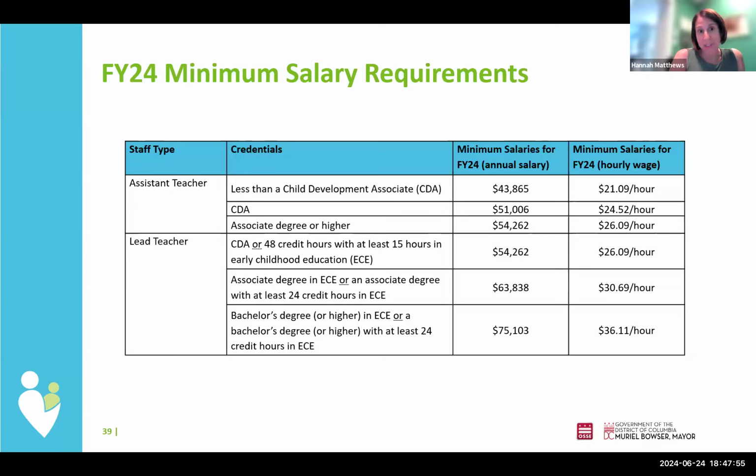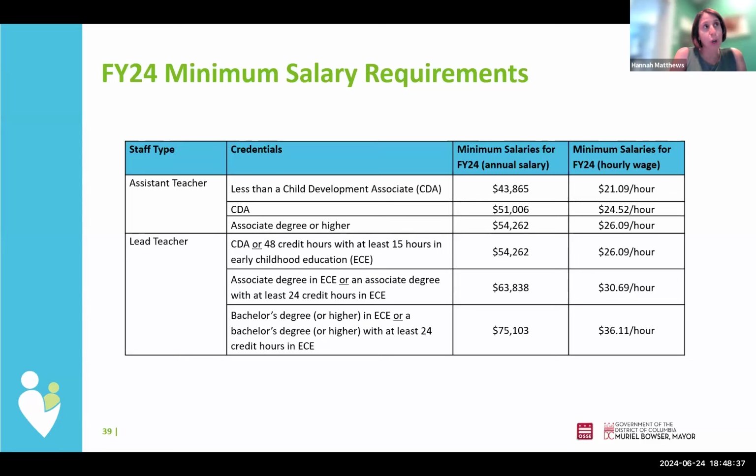So I'm very happy to say, for those that have been following the progress on the district's fiscal year 25 budget, that the Pay Equity Fund was included in the budget at $70 million for fiscal year 25. So the program will be continuing in fiscal year 25. There may be some changes to the program based on the funding levels for the program, as well as any recommendations that come out of the reconvened Early Childhood Educator Equitable Compensation Task Force that is meeting to support implementation